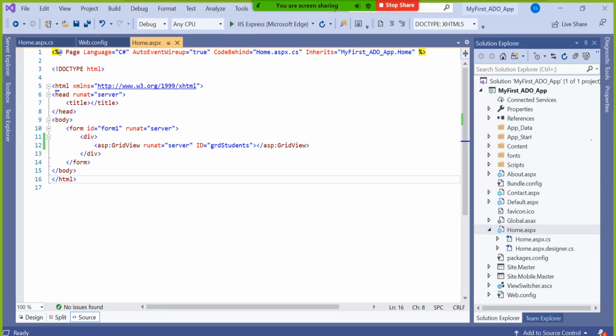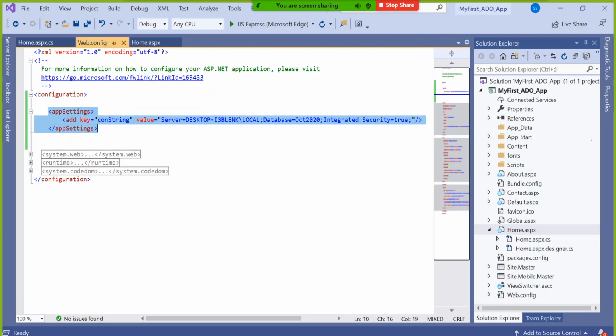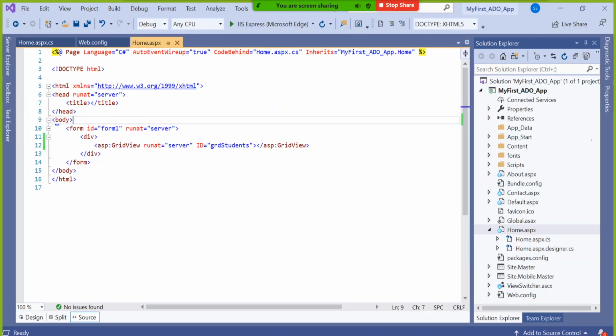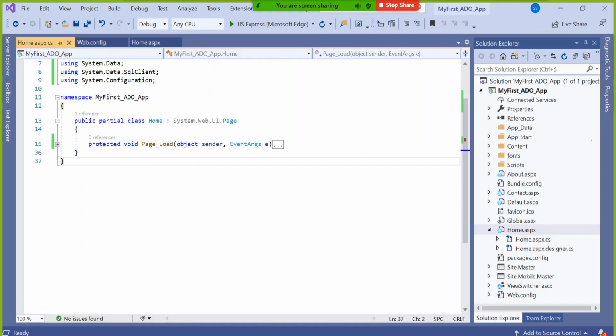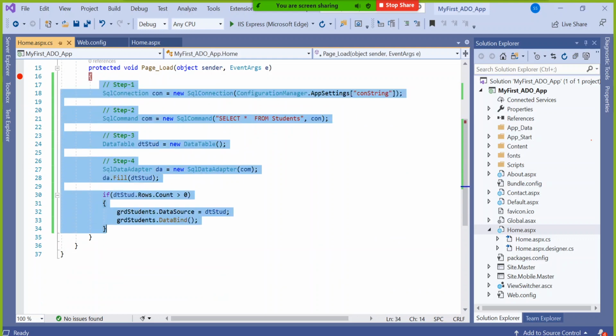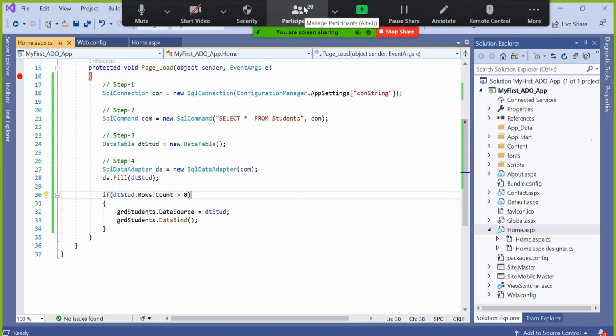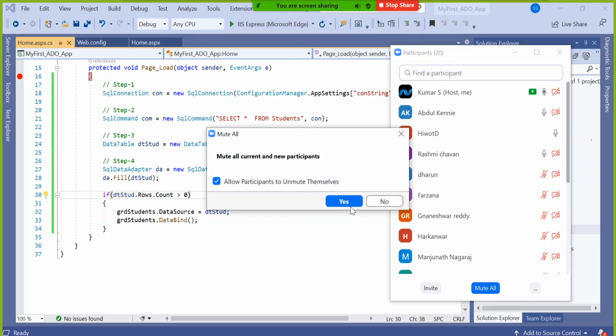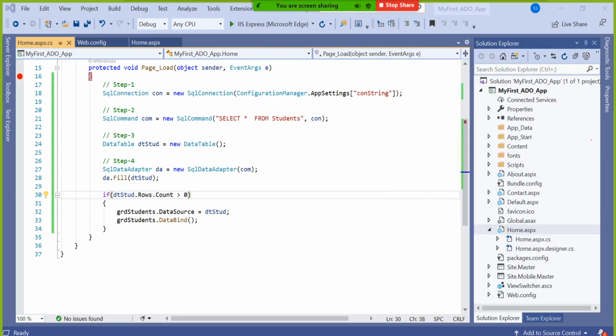Anyway, in designer.cs you are not doing anything. So in web.config only one line, in home.aspx only one line, and in home.aspx.cs some 7 to 8 lines. So you have to follow this solution and try to practice it. As I said, if you are capable of doing even 50%, that is an achievement.